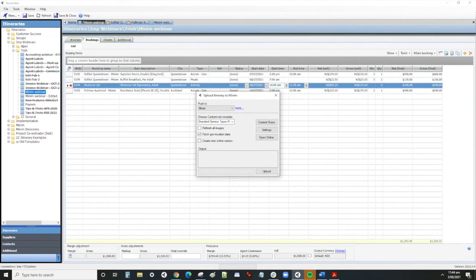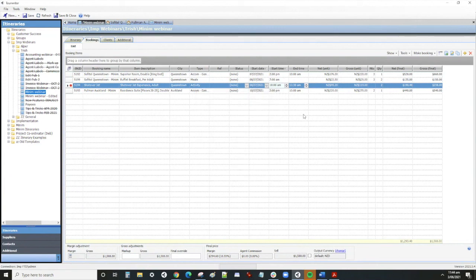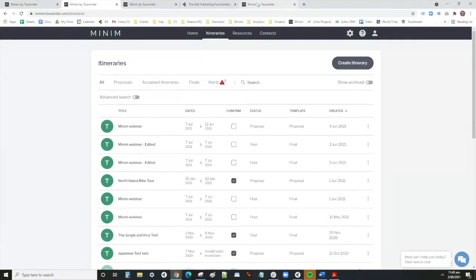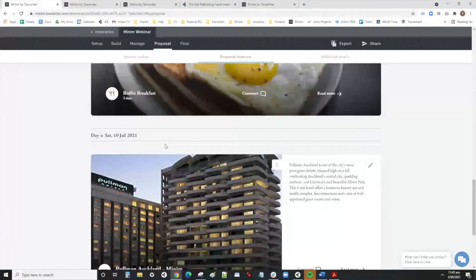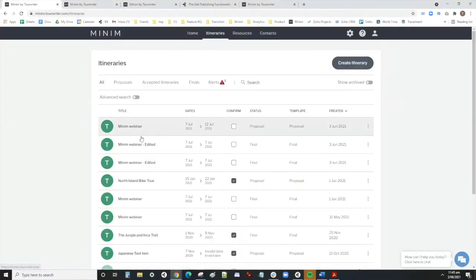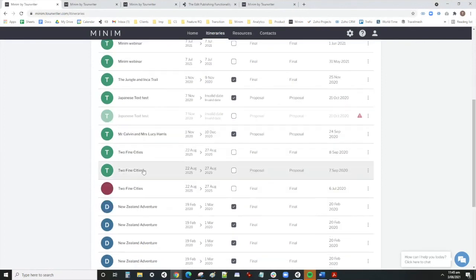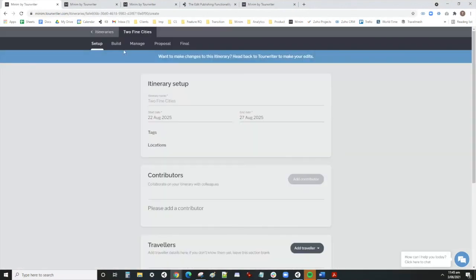So I've only showed you the basics today to allow you to bring your itineraries online. Therefore, the itinerary I showed you was not very exciting. So let's look at another one, and we'll also have a look at what the PDF looks like. We'll go back to itineraries and we'll go back to the Two Fine Cities,